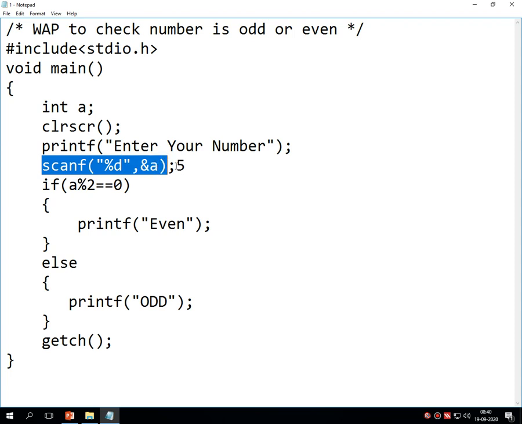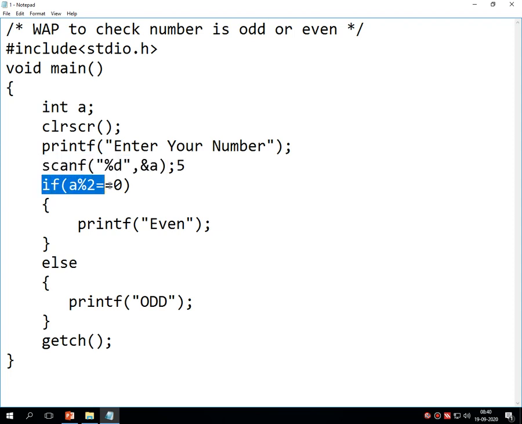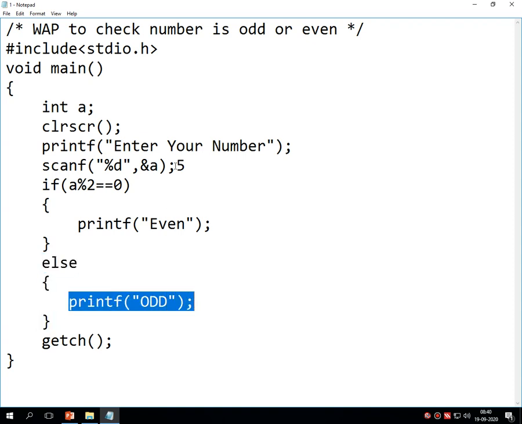After storing this 5 into a, there is a decision making statement on the very next line. In that statement, 5 modulo 2, its remainder is not equal to 0, right? That means this condition becomes false. And if the condition becomes false, the else statement is going to be executed and the message that is displayed is odd.